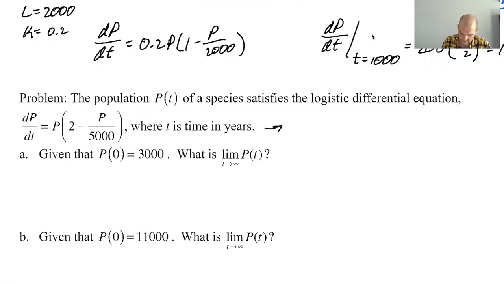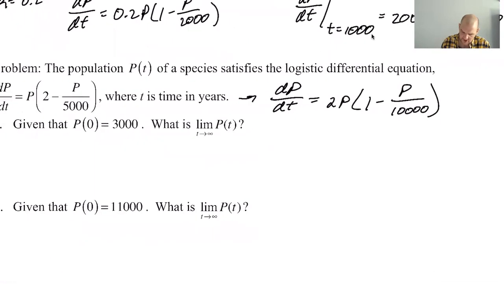So redo it. dP/dt. I'm going to take out the 2P, 1 minus. All right. So dividing by 2, well, factoring out 2 is the same as dividing by 2. So I have P over 5,000 over 2. So that's P over 10,000. Okay, so the limit, no matter what the initial condition is, and this is the thing